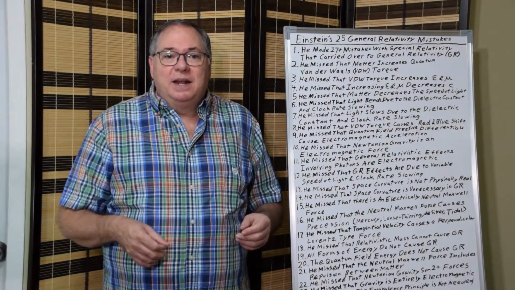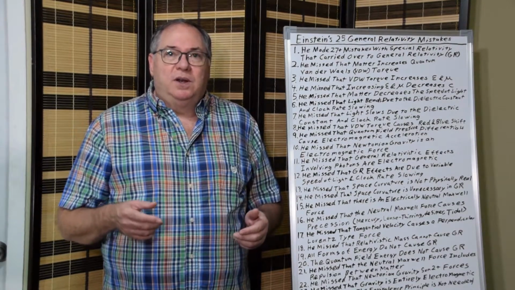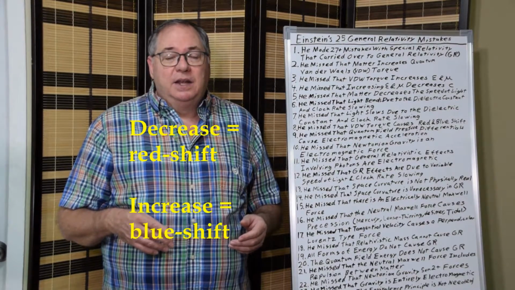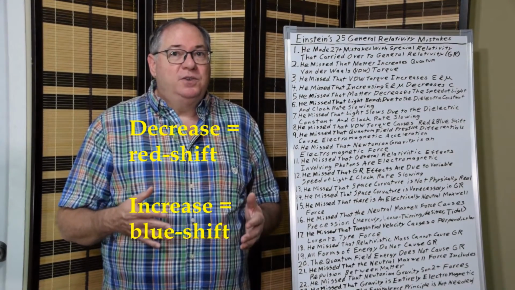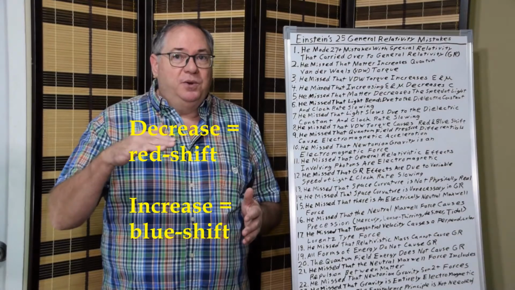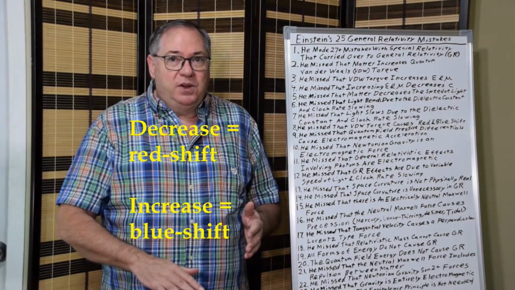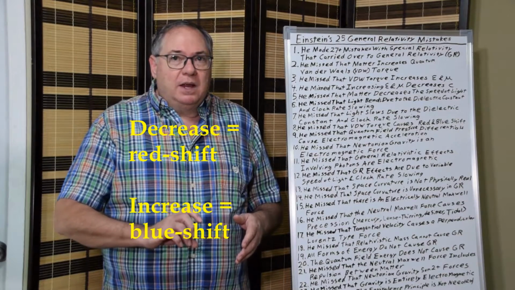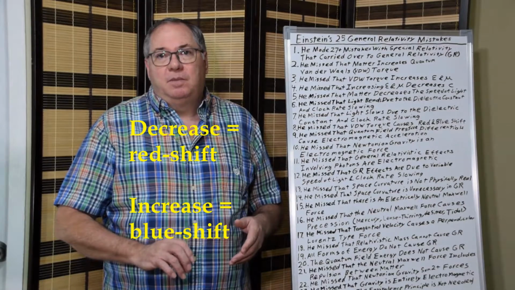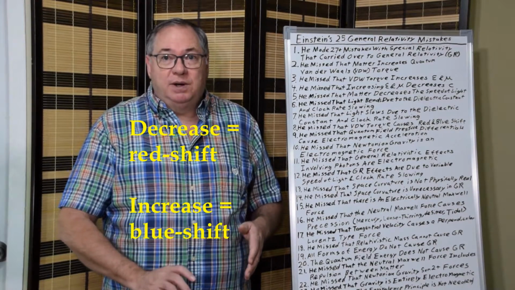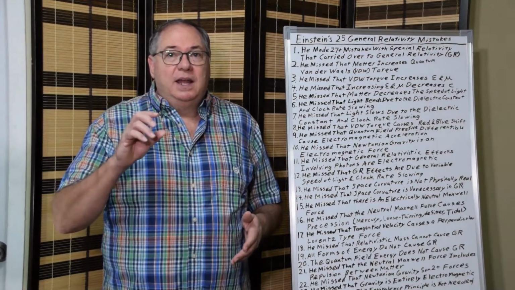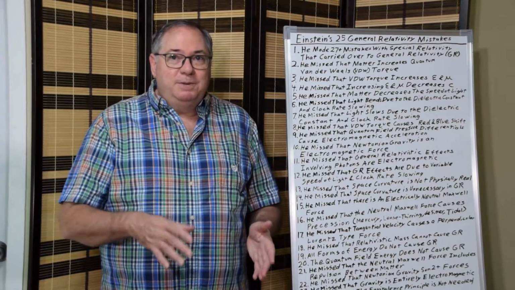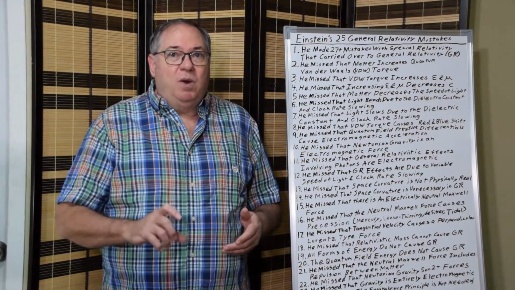And then 8, the increasing van der Waals torque causes red or blue shift of light. So the so-called gravitational redshift is due to the increasing torque the closer you get. The increasing torque causes the wavelengths to shorten. And as the torque decreases for a photon emitted from a star, it gets longer. It redshifts. This is a very simple mechanism, and it's all about the quantum van der Waals torque